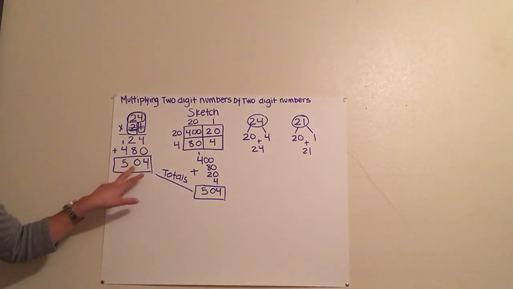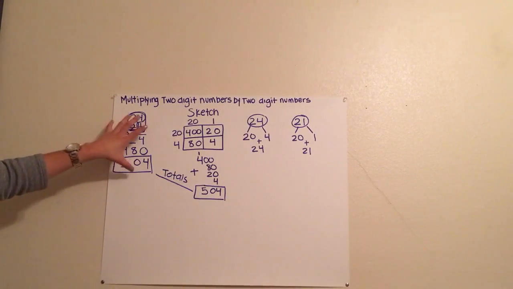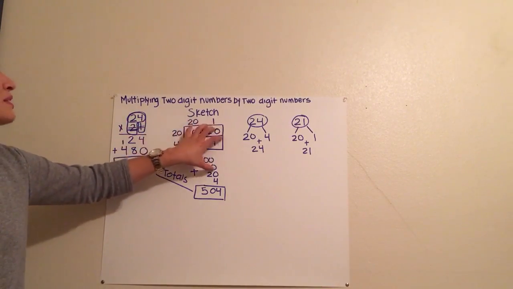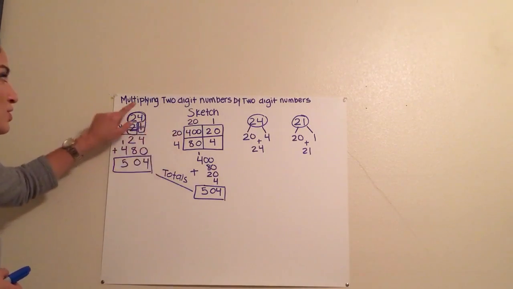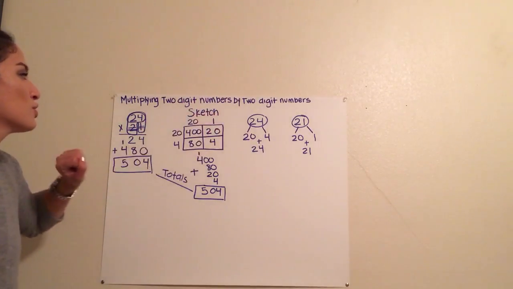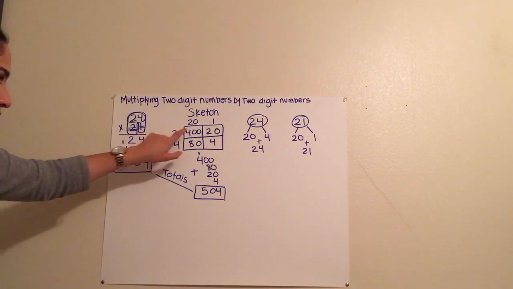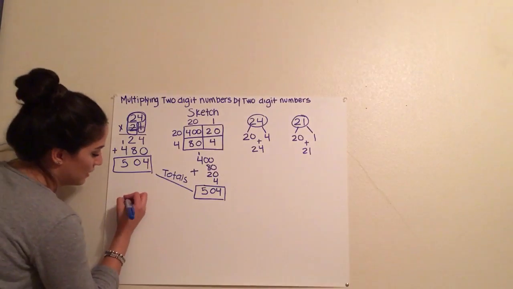So my totals, these two are my totals. I'm going to ask my students, do they match? Yes, they have the same total by doing this problem and by sketching the area array model. So this is the strategy that I think would help them a lot, because they're separating the two-digit numbers that we're multiplying and seeing it here. So they break them apart and then they add them together to get the answer. Sometimes they also give you other problems like this. You have